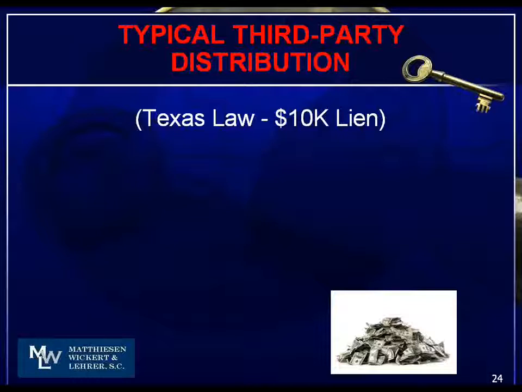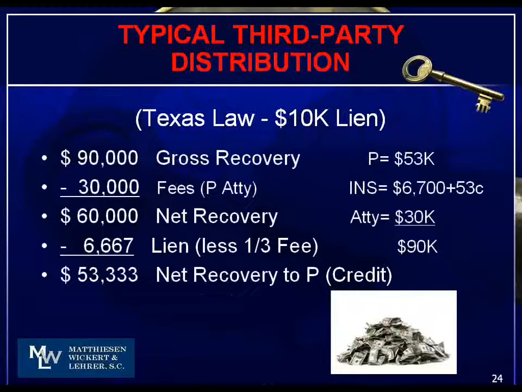Now, a typical third-party distribution, I'm going to use Texas law for an example. Let's assume a $10,000 lien because we want to grade ourselves. We want to know how well we're doing in the case of a third-party recovery. If we have a $90,000 gross recovery, $30,000 are taken off. Let's say the plaintiff's attorney is on a 1/3 recovery. If he's on 40%, the numbers will change. That leaves a $60,000 net recovery minus our lien,